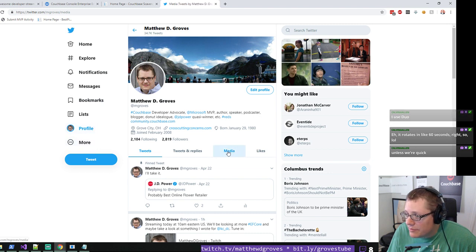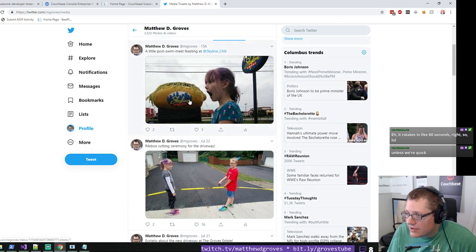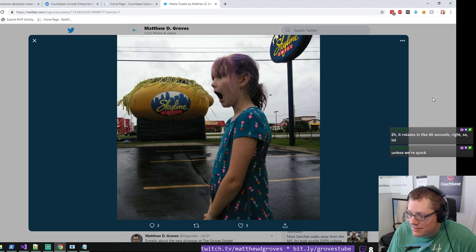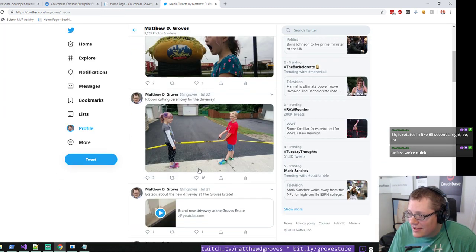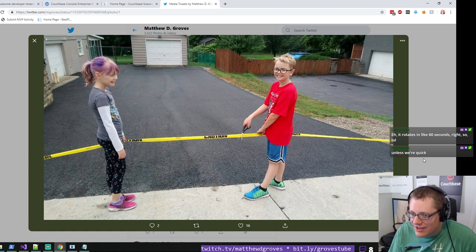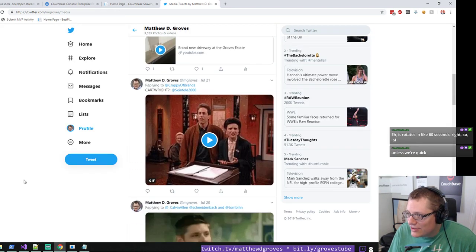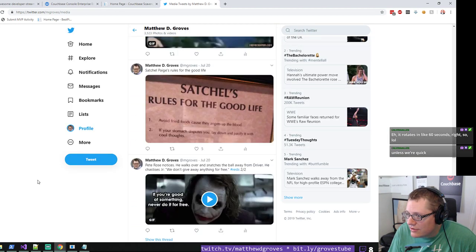Anyway, I'm looking for media here. There's my daughter pretending to eat a giant inflatable Skyline cheese coney. Here's my kids' ribbon cutting ceremony for the driveway. That's all great. But what I wanted to show you was